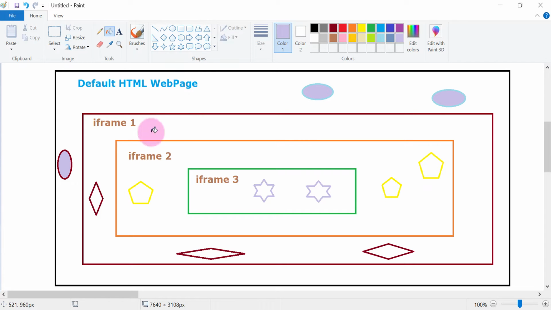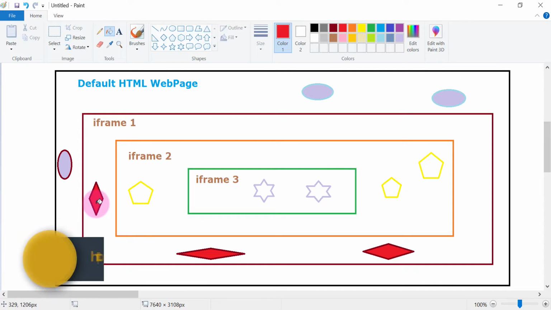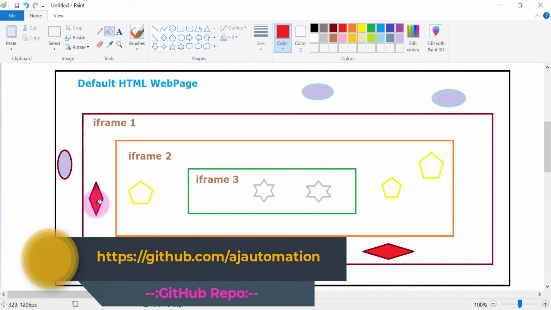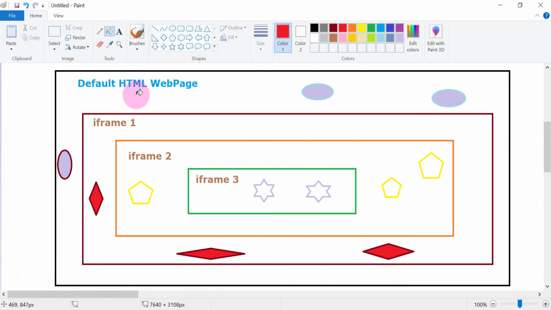Now if I want to click on this button available on frame 1, which is another HTML web page I have embedded in the default HTML web page, I cannot directly click it. You can create a web element by using some locating strategy, XPath or CSS selector, but Selenium WebDriver won't be able to click on it. It will give you a NoSuchElementException, because its current focus is on the default HTML web page. Even though this information is available as a part of this HTML web page, it is present inside an iframe.